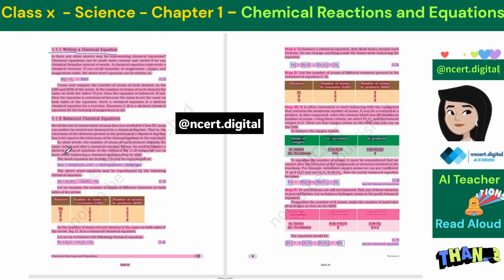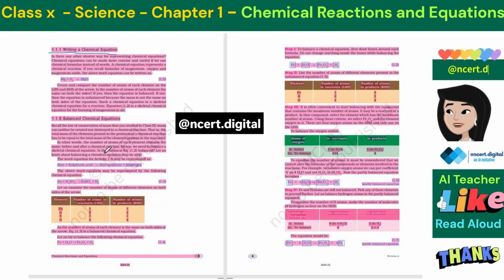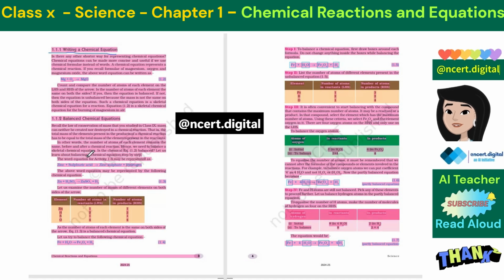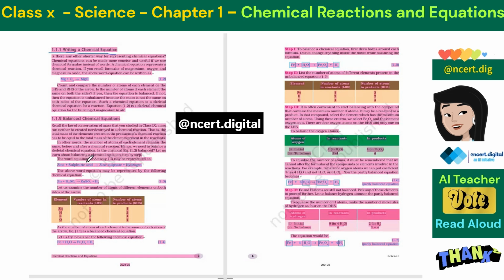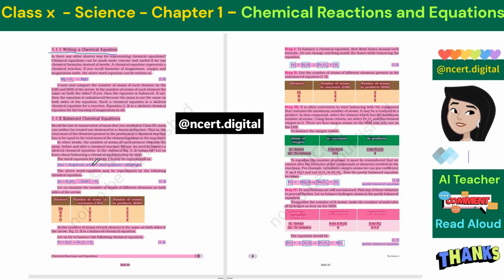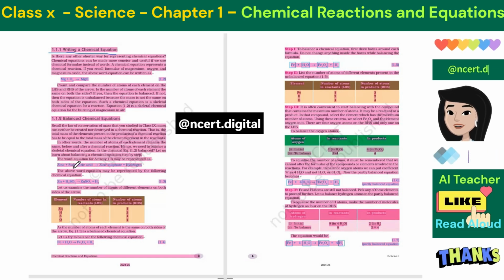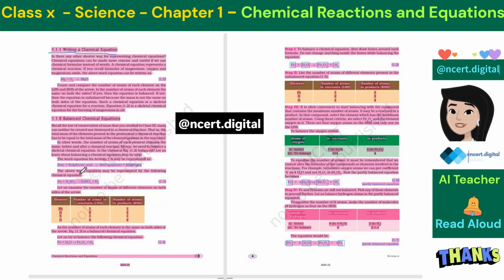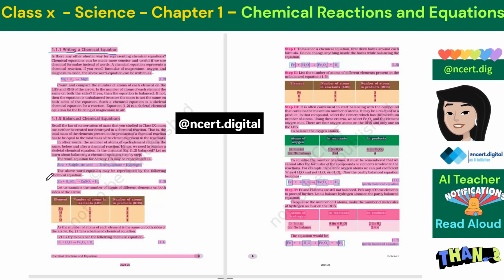Hence, we need to balance a skeletal chemical equation. Is the chemical equation 1.2 balanced? Let us learn about balancing a chemical equation step by step. The word equation for activity 1.3 may be represented as: zinc + sulphuric acid → zinc sulfate + hydrogen. The above word equation may be represented by the following chemical equation: